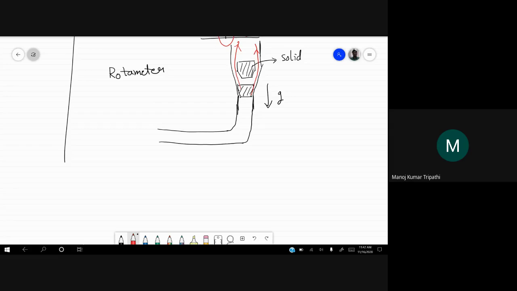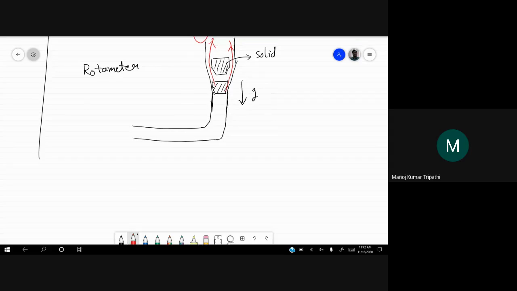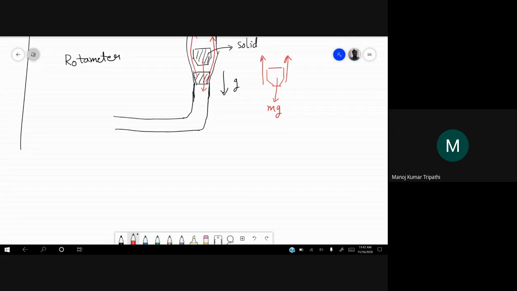And from this, we can do a force balance on this solid. We know mg, and there will be some drag relationship, okay? This force of drag. So Fd is equal to mg,